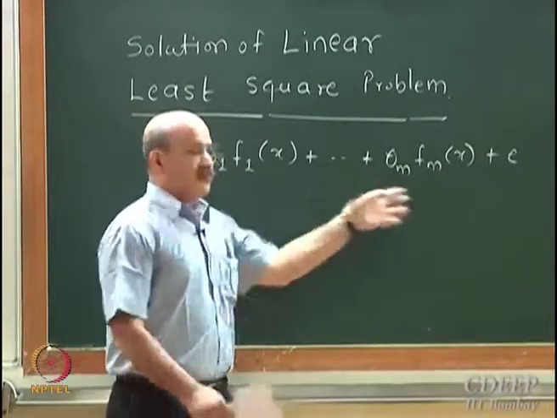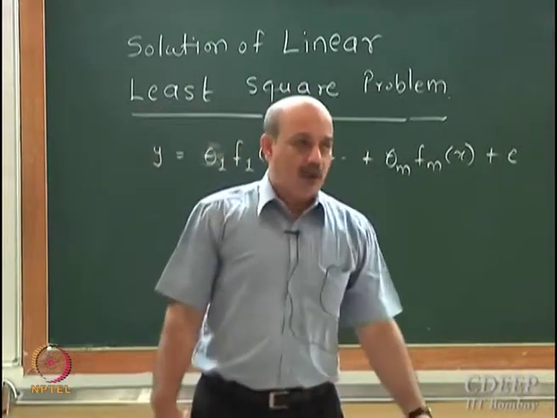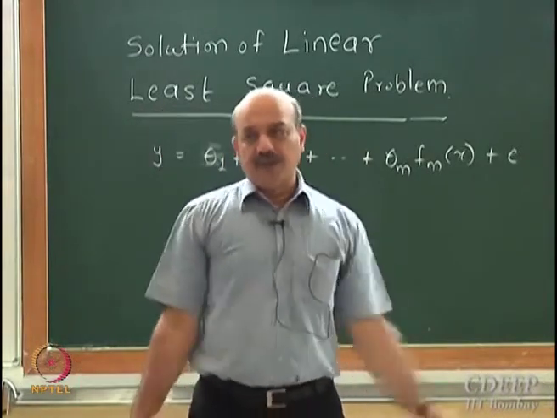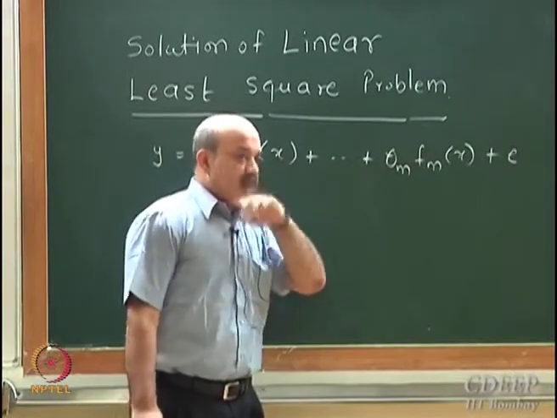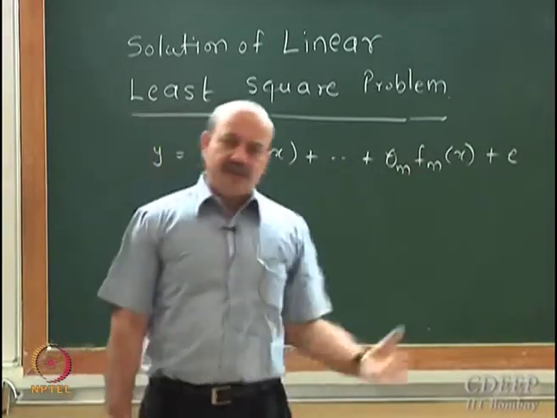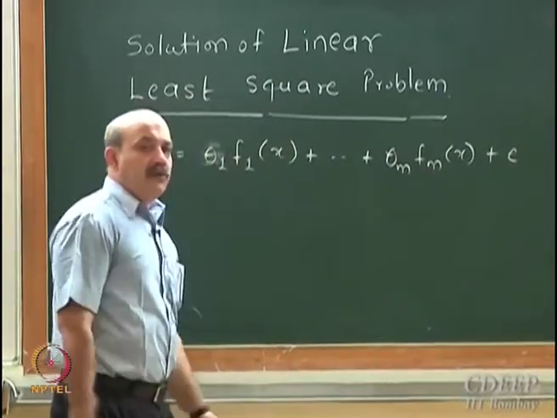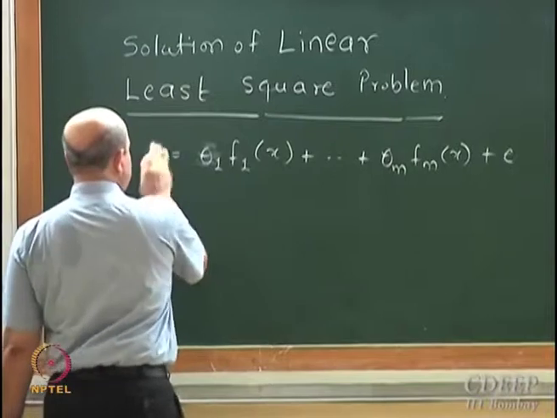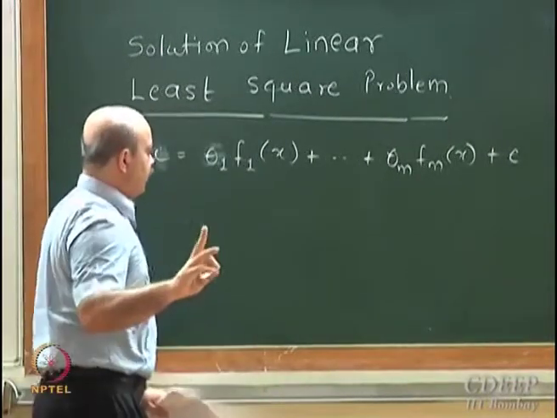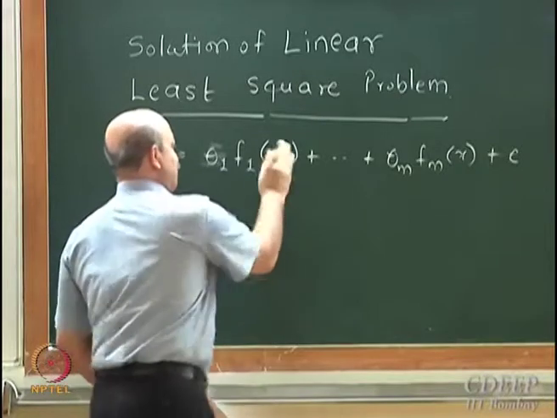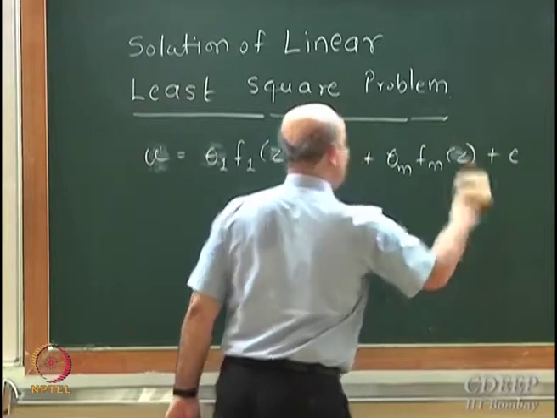f1, f2, f3, fm are some known functions. Simplest one we looked at was polynomials, but it need not be polynomials, it could be any known functions, and then you are doing a function approximation. If it is polynomials, it's polynomial approximation. We have collected data, we said this is u, not y. And one minute, we didn't use x, we use z here. So let me correct that.